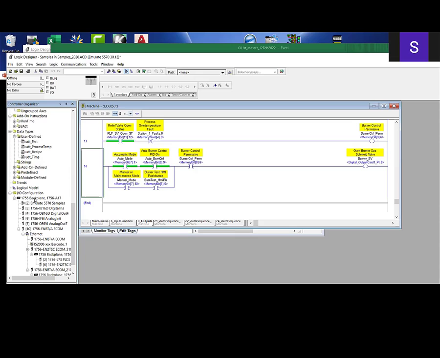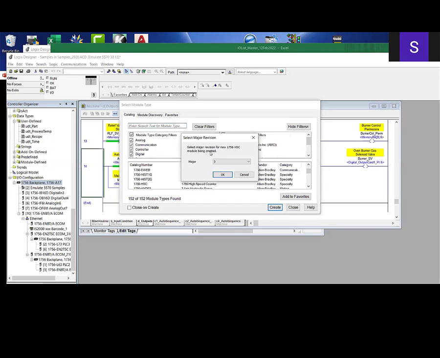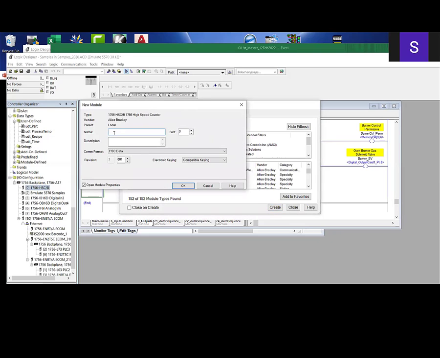I'll use this one. I'll add a card here. We'll see if we can find an encoder card. Okay, 1756, that's my family here. So it's probably going to be something like a 1756 HSC. There we go, high-speed counter. So I'm going to create that. Since this is just a simulation, it doesn't really matter which brand I use. And I'll call this